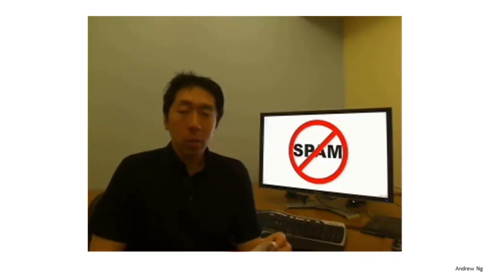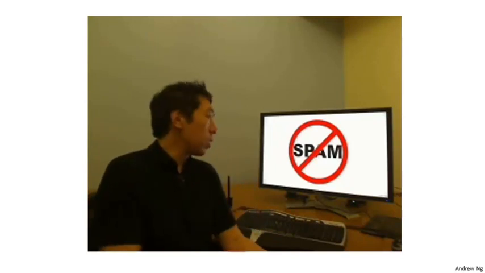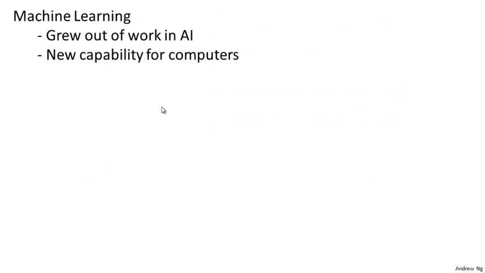So why is machine learning so prevalent today? It turns out machine learning is a field that had grown out of the field of AI, of artificial intelligence. We want to build intelligent machines, and it turns out there were a few basic things that we could program a machine to do, like how to find the shortest path from A to B. But for the most part, we just did not know how to write AI programs to do the more interesting things like web search, photo tagging, anti-spam. And there's a realization that the only way to do these things was to have a machine learn to do them by itself. So it's a new capability that has arisen for computers, and today machine learning touches many segments of industry and basic science.